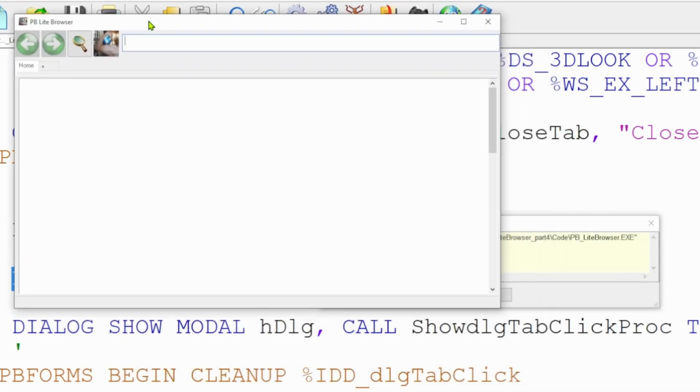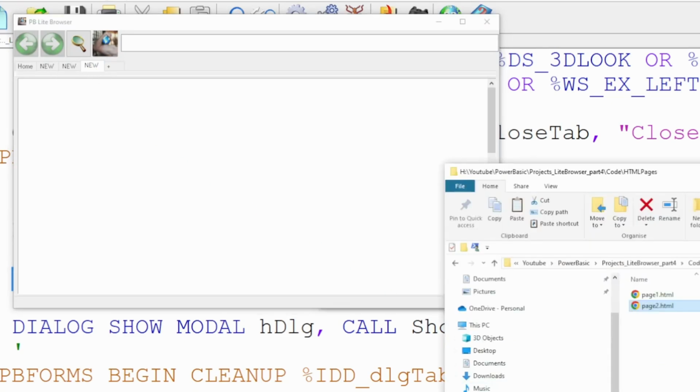So if we move our window up, add a couple of new ones, and if we right click, we can now see the Close tab is appearing very close to where we've clicked. If we click on Close tab, the new tab disappears. So to test this out properly, I've created an extra HTML page. If we bring in the first one